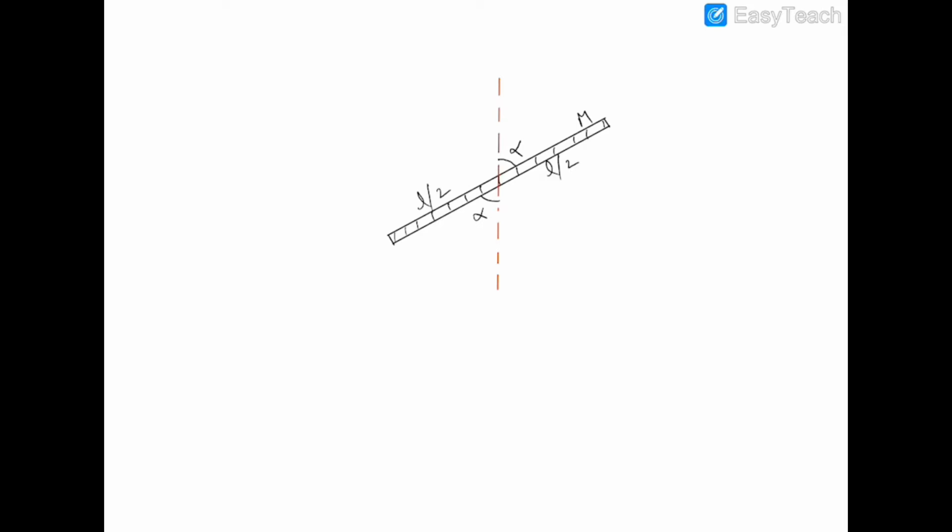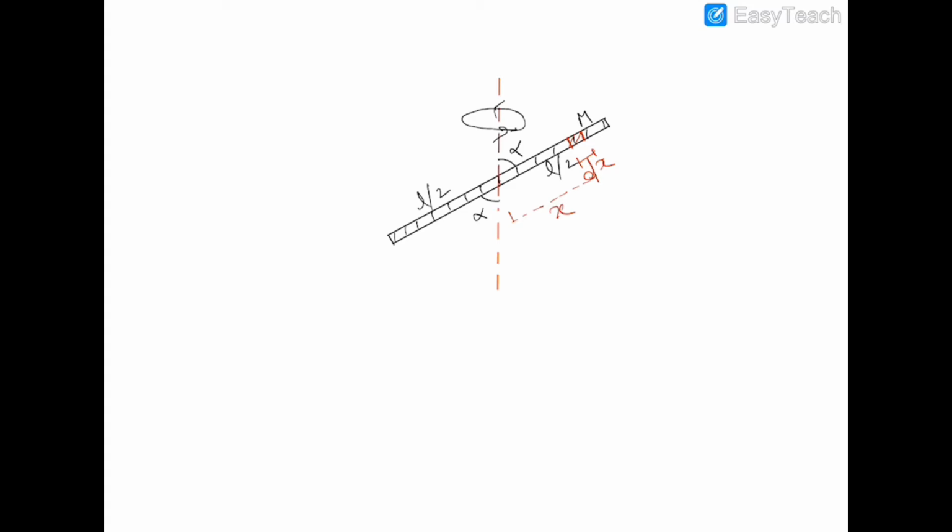In this video, we have to find out the moment of inertia of this inclined rod about this axis. So you can assume that the rod is rotating about this axis like that, and therefore the moment of inertia of this rod can be calculated about this axis. So first of all, let us consider an element of length dx at a distance of x from this axis,